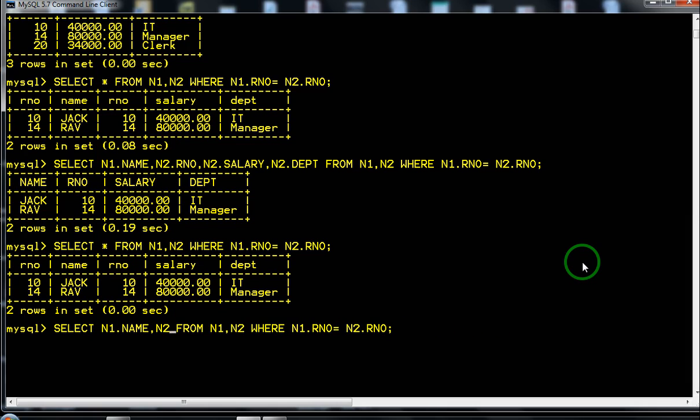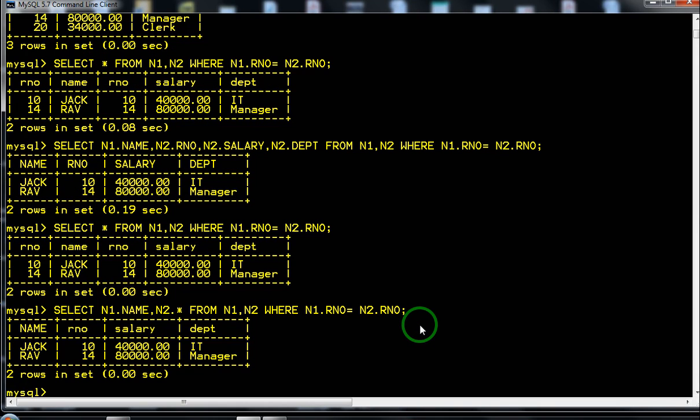So, you can write, and from N1 I want to display only name, and from N2 if you want to display all the values, you can put N2 dot star. When you give the command N2 dot star, it will display all the fields from N2, and I have written here N1 dot name, and from N1 it will display only name. And here the condition I have specified is where N1 dot roll number equal to N2 dot roll number. So, you will get the same output of natural join, only one of the identical columns will be displayed.